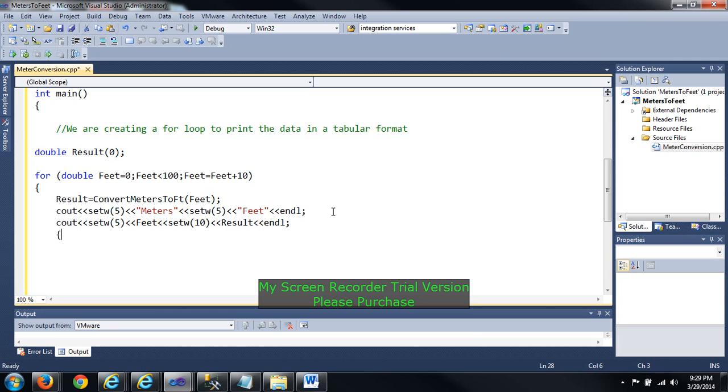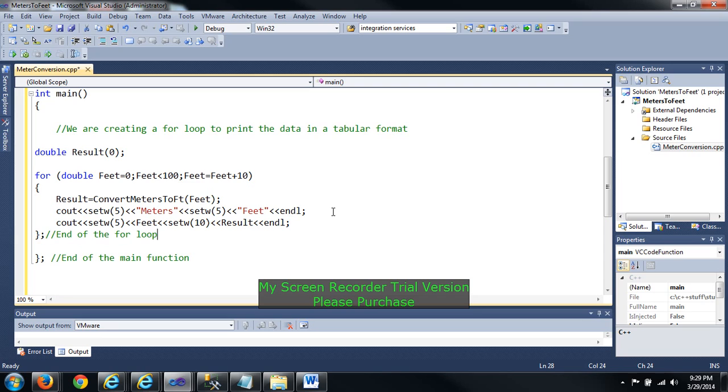And then we're going to close our bracket for the for loop, and then close the other bracket for the end of the main function. Let's put a comment here too, end of the loop,